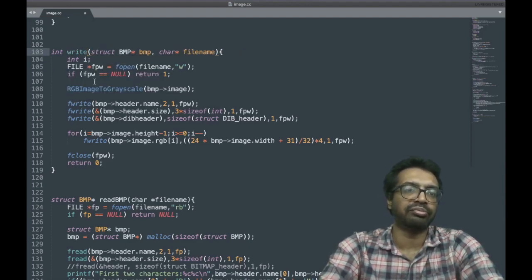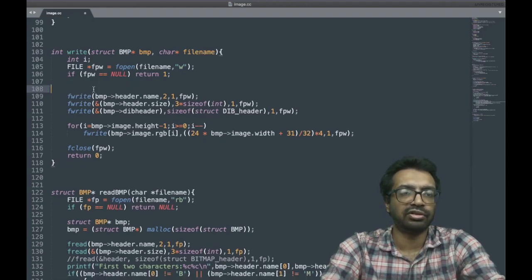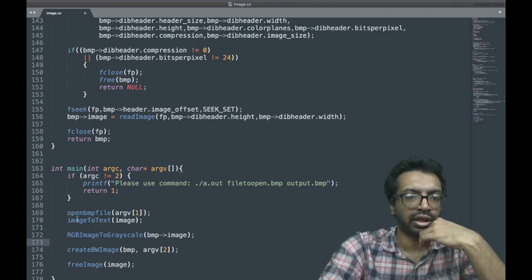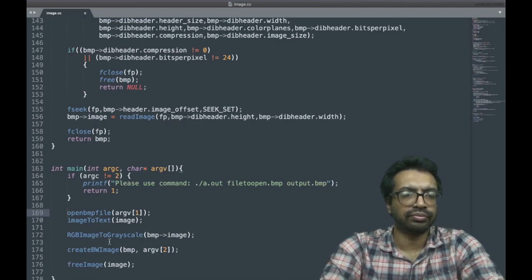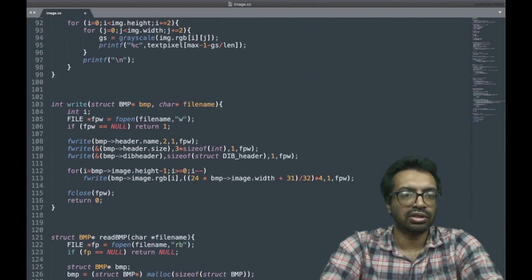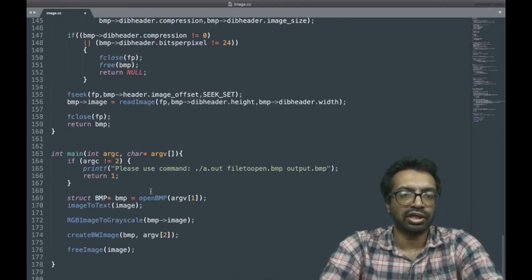I wanted a write function, because there's a read BMP function. There should be a write BMP function. I just remove the create BMP function, that we can use it outside if you want. Right. And now I have, let's say struct BMP star BMP is equal to, you know that this open BMP is going to, so this is open read BMP, then this has to be write BMP, right? So this is read BMP,